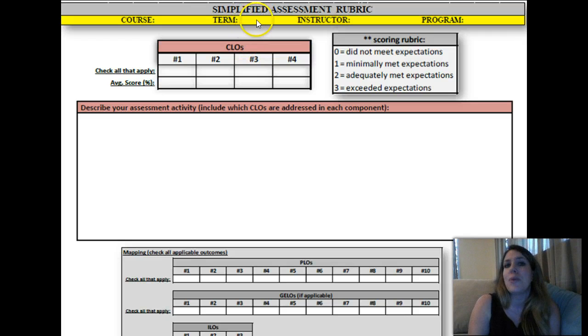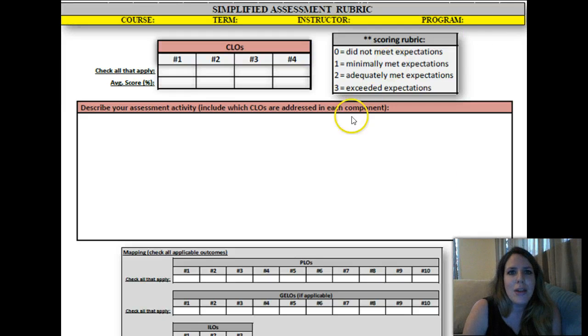So I'd put, for example, Spring 2014. Instructor, that's who you are. And program. For most of us, this will be liberal arts, but you also want to include what department you're in, because we're not doing it so much now, but eventually we'll have program learning outcomes for our particular departments. So go ahead and write, for me it would be liberal arts - math and science.